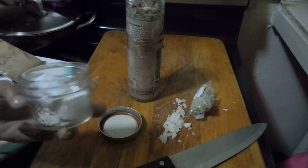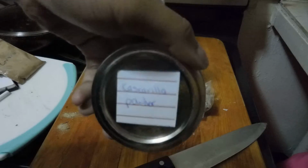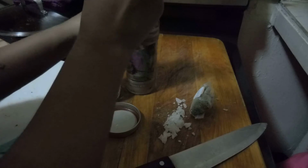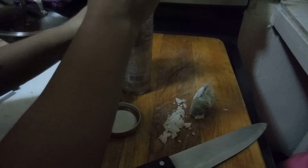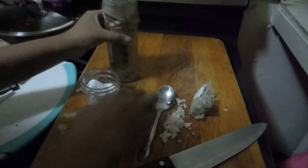And next I'm going to take some cascarilla, spelled like this. And this is powdered down eggshells. This is absolutely fantastic for protection, and it's used in hoodoo voodoo workings. And then once you're done